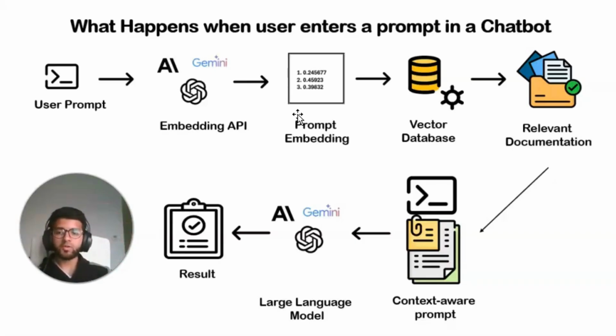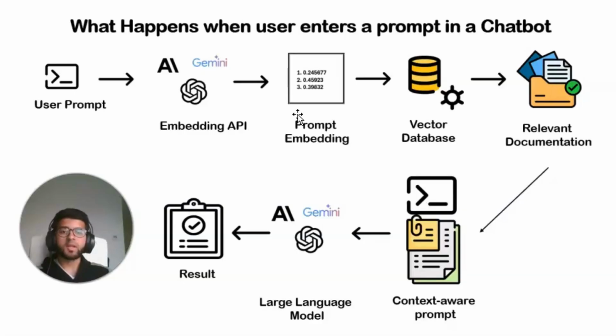Okay, and you also have a vector database. On the other hand, you have a vector database and you also have the prompt vectors. Now basically what we're going to do is compare the prompt vectors with the vector database. So this will help us find similar information. Basically, the goal is to find the information in the prompt and double check it with the information in the vector database, which contains the knowledge base's